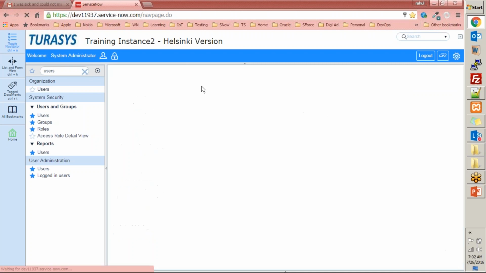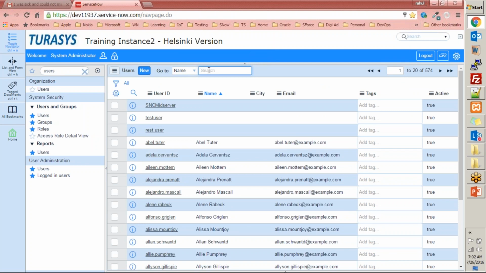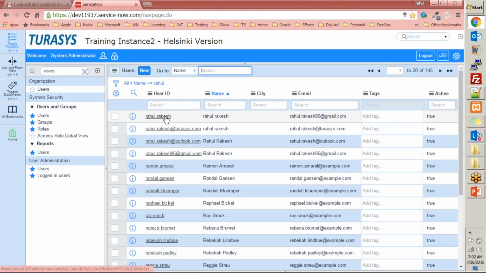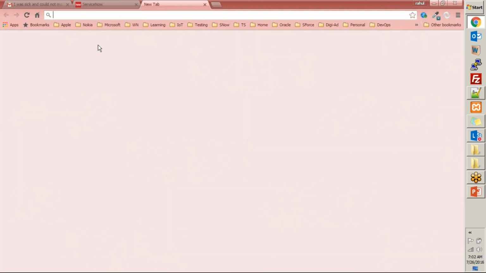Let's go back. What is this here? I see two things: Web service access only and Internal integration user. What is this? The web service access only is when you